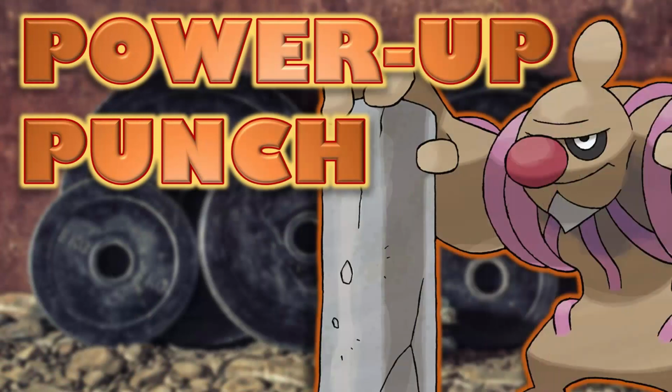Alright, ladies and gentlemen, so coming up next is a very, very scary choice. We have Conch Elder now having access to Power Up Punch via Ultra Sun and Ultra Moon, and this right here, combined with an Assault Vest, combined with Iron Fist, is going to be an absolutely insane, threatening Pokemon